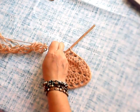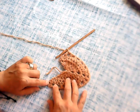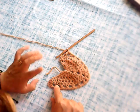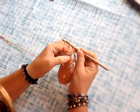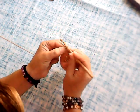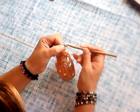So we reach the end. Okay, remember we started with the 4 chains plus 1 double crochet here, right? Remember the first 3 chains count as a double crochet, and the 1 chain is the space we need and the double crochet. So we reach the end, right? 1 chain and 2 double crochet in the last double crochet. 2 double crochet, but 1 crochet, double crochet, chain,